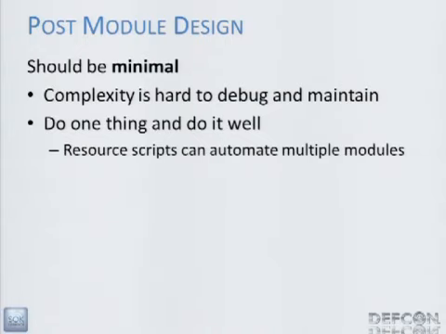It's a common thing to see people tie lots of different functionality into a single post module, and that's cool in some respects, but a lot of the automation can be done much more easily through resource files. So you have a module for stealing passwords, a module for stealing this kind of file, a module for stealing this kind of data. If you have those separated out, it's much easier to categorize them and understand what each thing does individually, and then you can tie them all together with other kinds of automation. So it's better to have modules that do one thing than a single module that does all kinds of stuff that's not necessarily related.